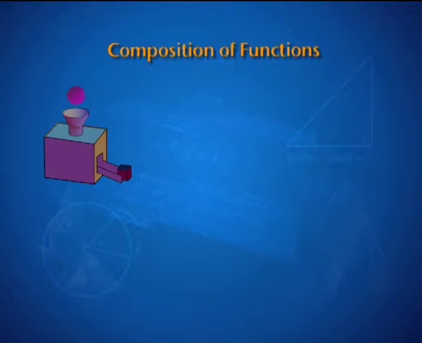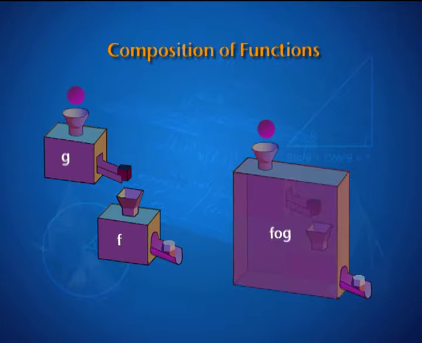Composition of functions can be very well understood if we look at a pair of function machines. Here we have a function machine g whose input is a ball, a sphere, and the output results in a cube. This output, when dumped into the function f, results in an output of a faceted ball. Together, they can be expressed as a big function machine where a ball is dropped in and it results in an output of a faceted ball.